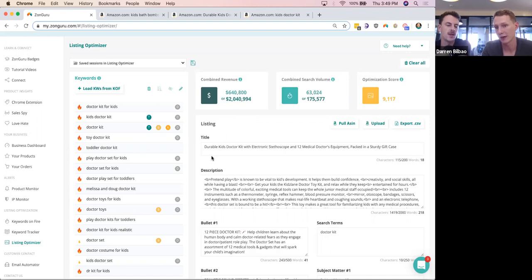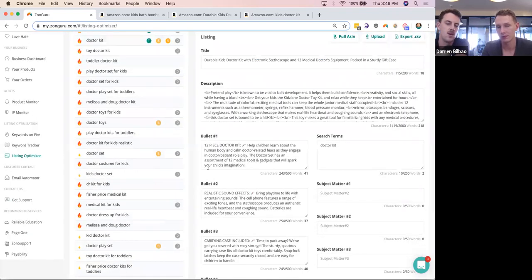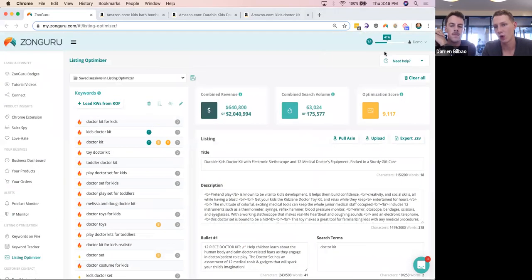So what you do there is you'd want to be playing around with the keywords that are in this left-hand column and adding them into your listing and trying to get that number up as high as you can. So you're taking the biggest slice of the revenue that you can. Absolutely. Cool, guys. And if you want to, again, get the full list of features that we just added,